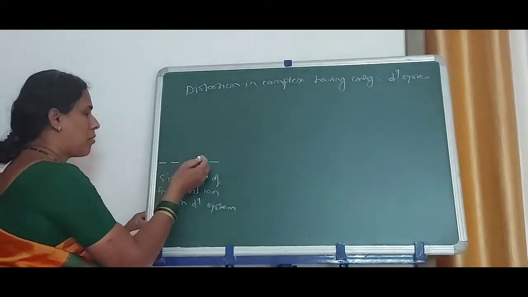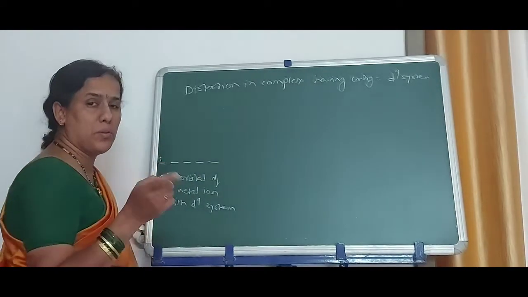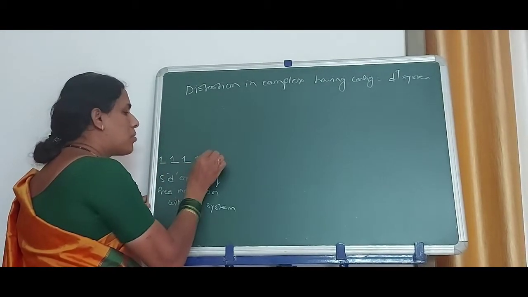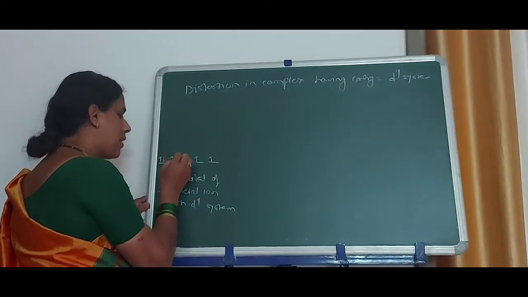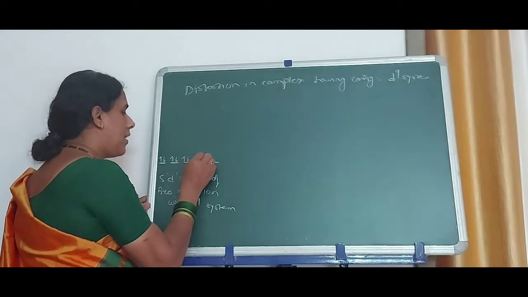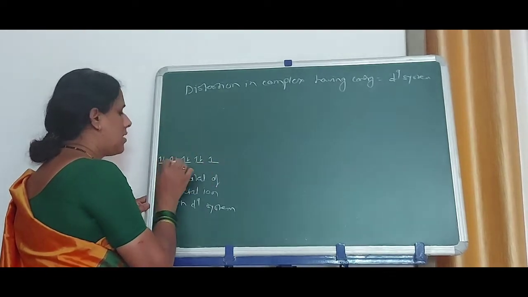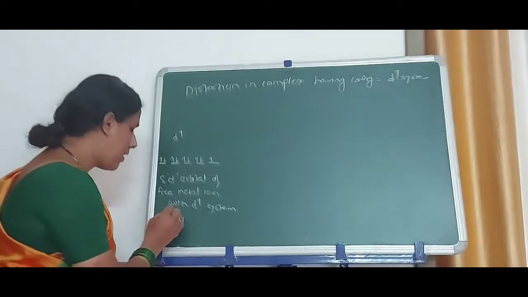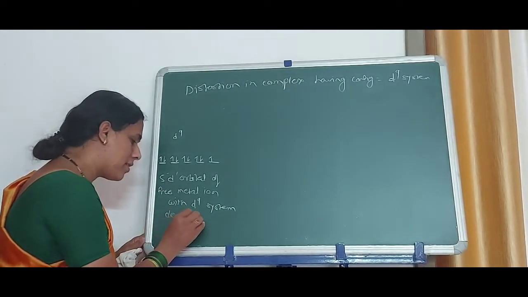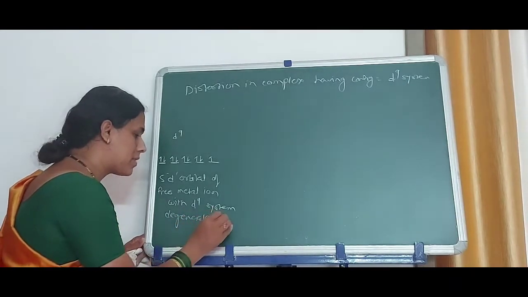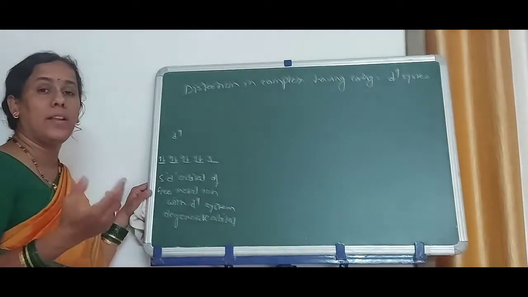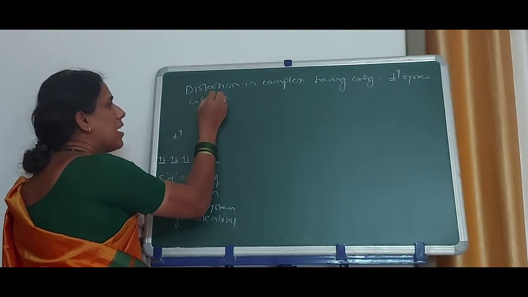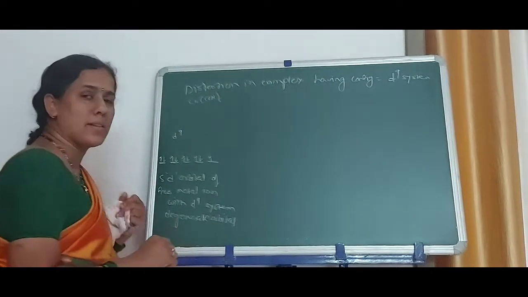What happens here? You have to first fill up the electrons according to high spin. First 1, 2, 3 according to Hund's rule of maximum multiplicity, 4, 5, 6, 7 and here 8, 9. Total electrons are equal to d9. These are degenerate orbitals. Now, when the ligands are approaching this d9, that is the [Cu(CN)6]3- complex,